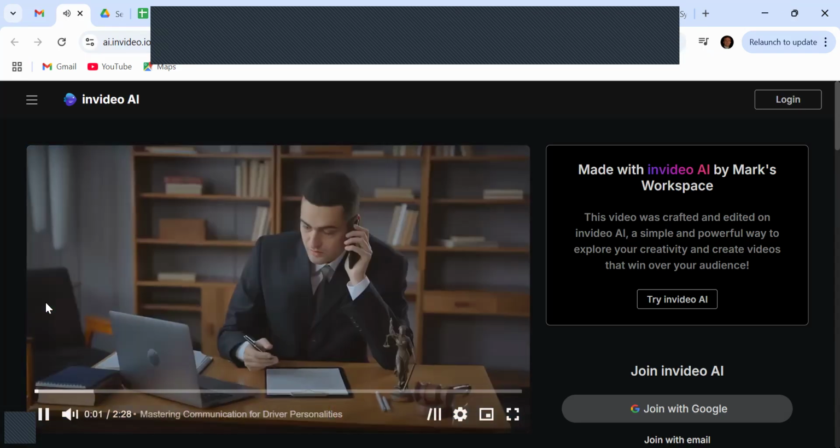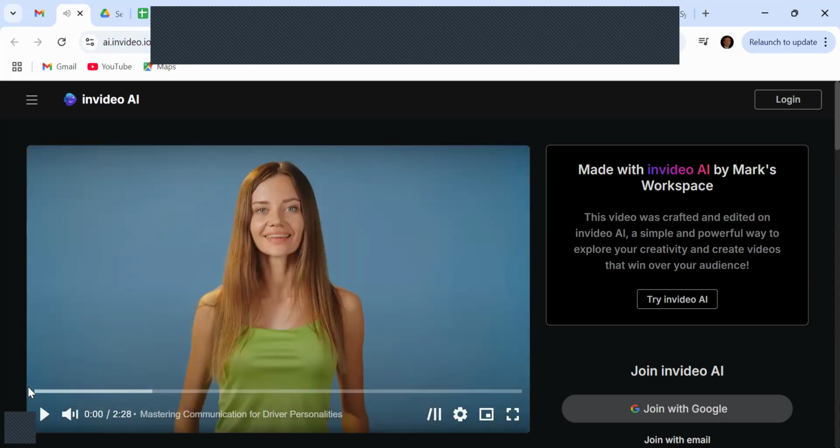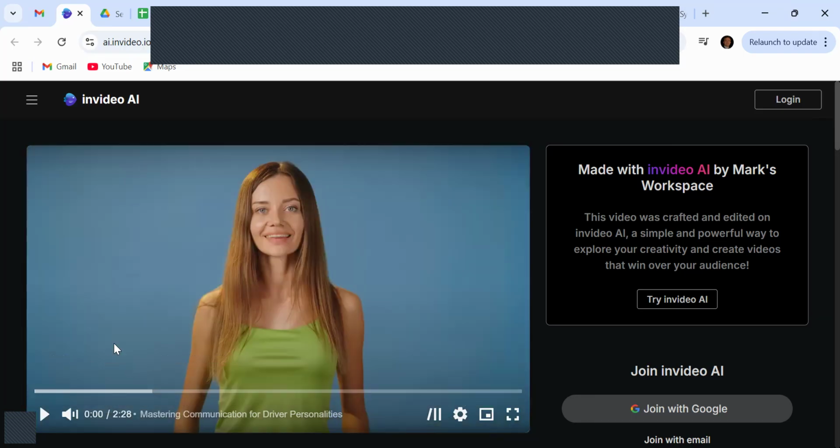Hey there. If we have a driver personality... Not sure on that, the woman. Not sure. And then a driver is not going to like this. That's not a driver personality here. If we have a driver-expressive, this one here is going to be a driver. But there needs to be some type of greeting here.